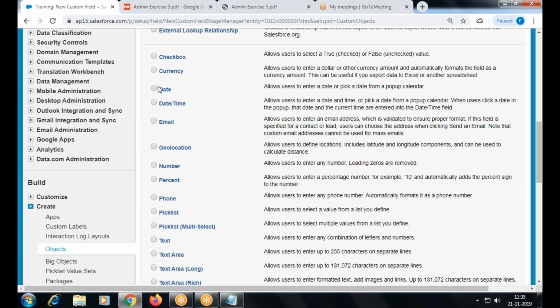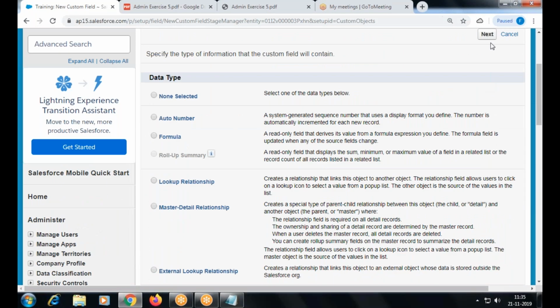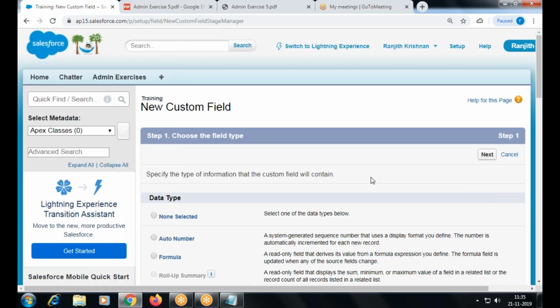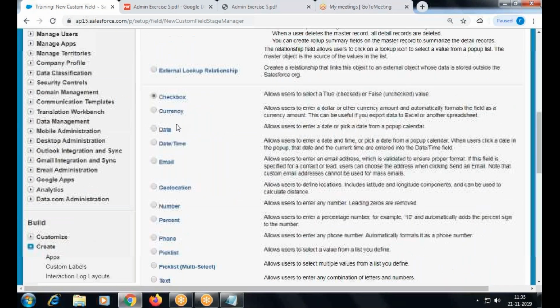Any type you choose. Suppose I choose a checkbox. Define record option here. No, right? It means that a checkbox type cannot be a record field. You cannot make a checkbox type a record field. Okay, I choose currency.